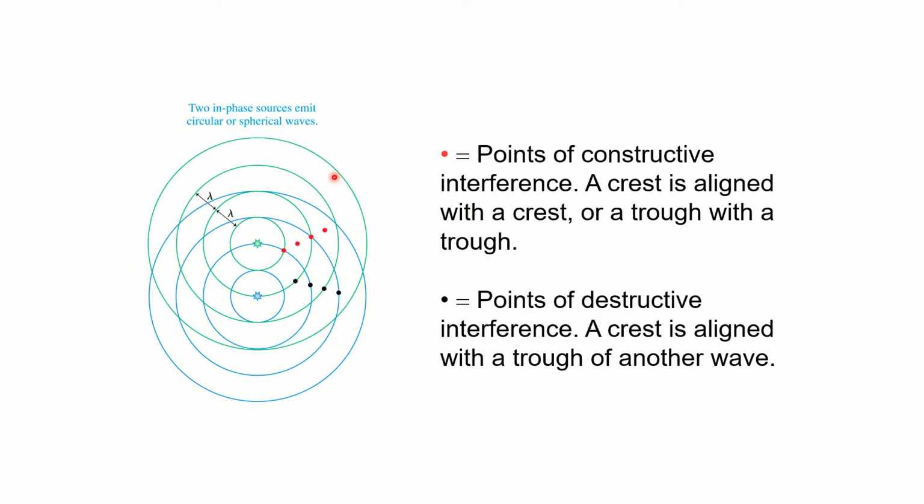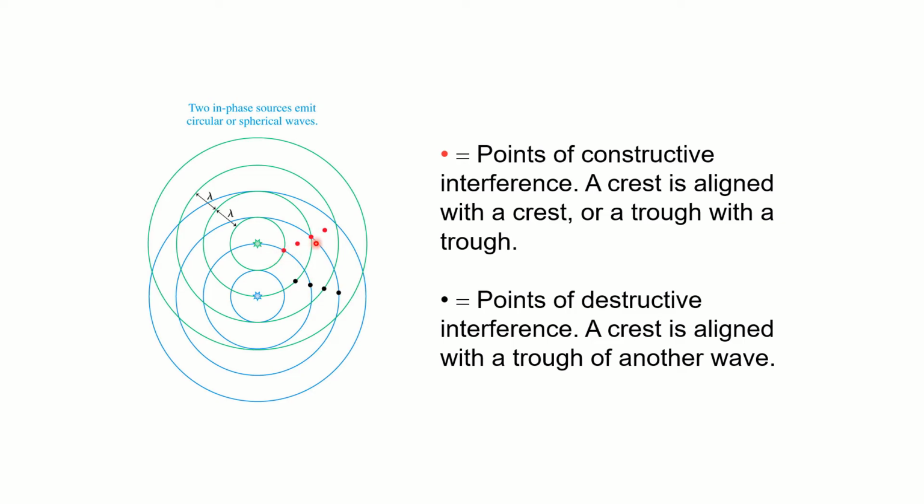If we think of two-dimensional sources, or we want to plot this in two dimensions, we have two sources of waves here that have the same wavelength, same frequency and everything. This blue source is emitting these waves with the blue circular wavefronts, and this source is doing the other ones. We can think of these as speakers, and I'm standing in this open room, and what sort of sound do I hear?